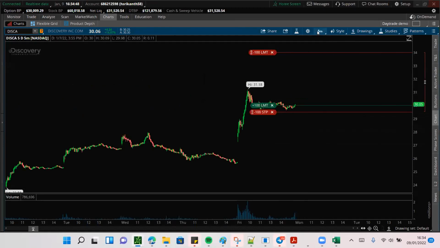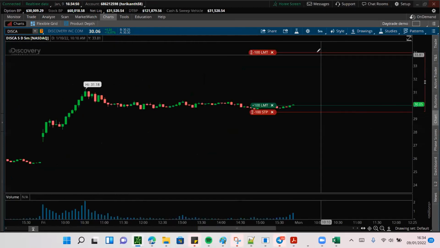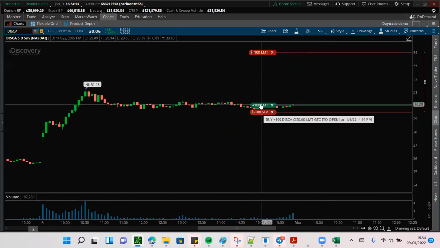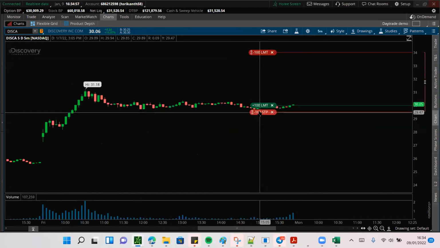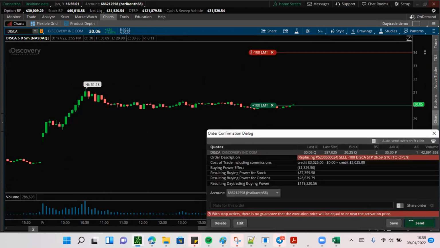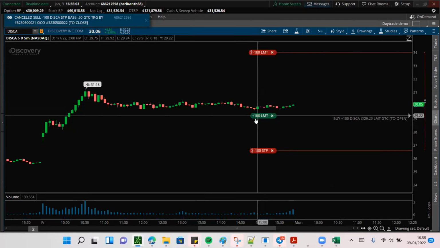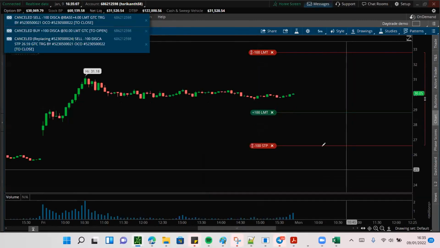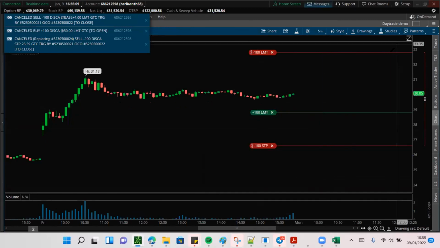Okay, you can clearly see, right? So let's see. My buy order is here, and then my target is here, and my stop loss is right here. And you can also drag and drop. If you think tomorrow on Monday the market is going to be choppy, you can set up certain levels. I usually set up the pivot levels to know, okay, I'm going to buy the stock only if